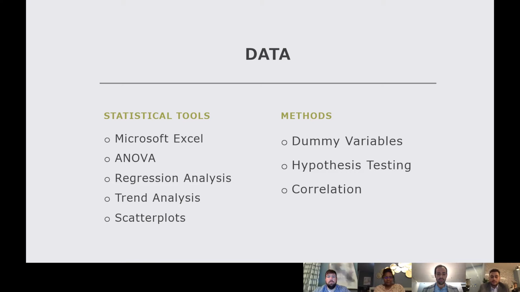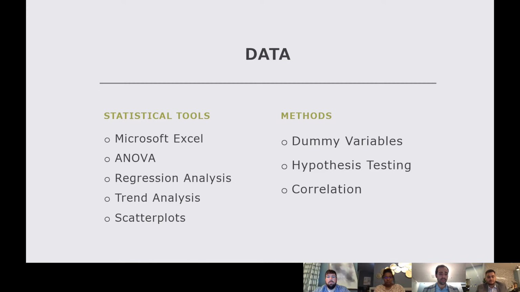We used dummy variables as our methods. Dummy variables are used for Google advertisement spend in a specific month, July being our comparable variable that will be taken out of our regression. Our next method is hypothesis testing. Hypothesis testing is used to determine whether there is enough statistical evidence in favor of a certain belief or hypothesis about a parameter. And our last method we use is correlation. So I'm going to pass it on to Fabio. He will be discussing our data and what results we had.